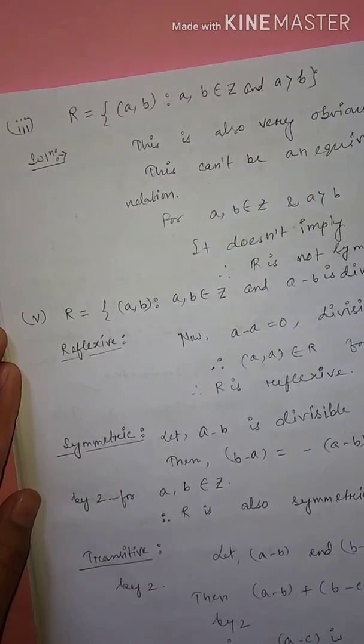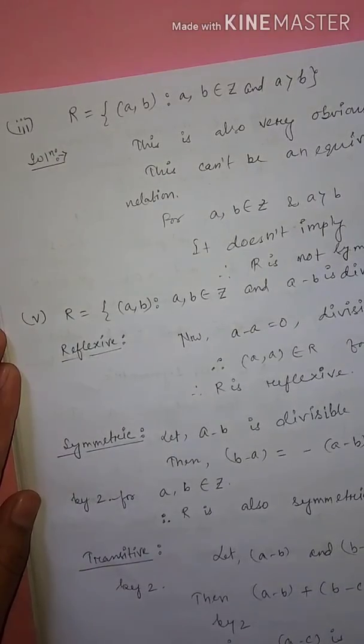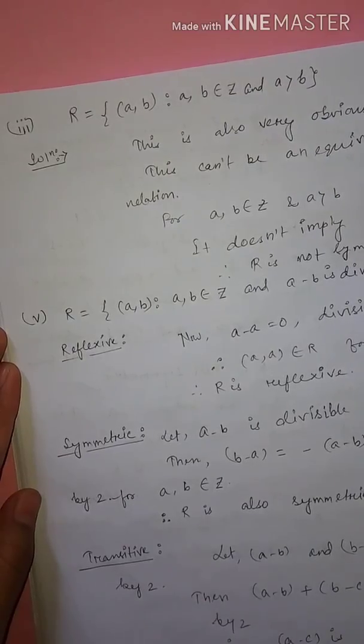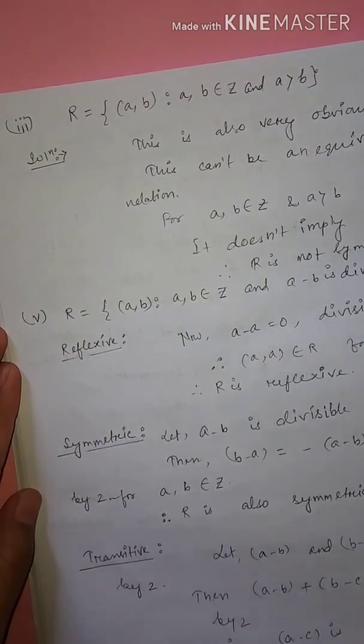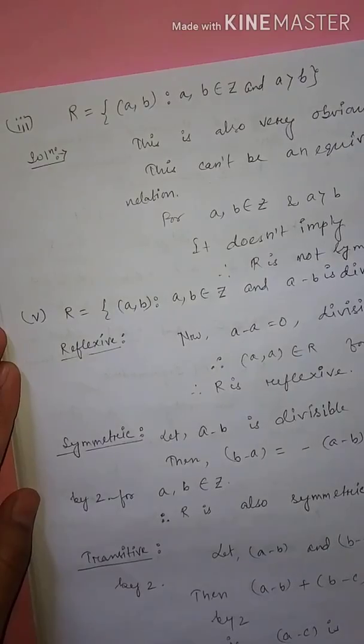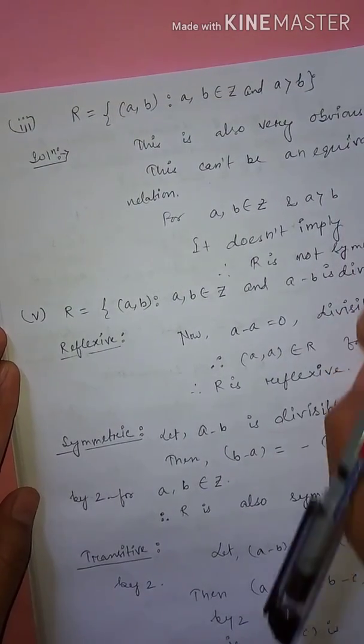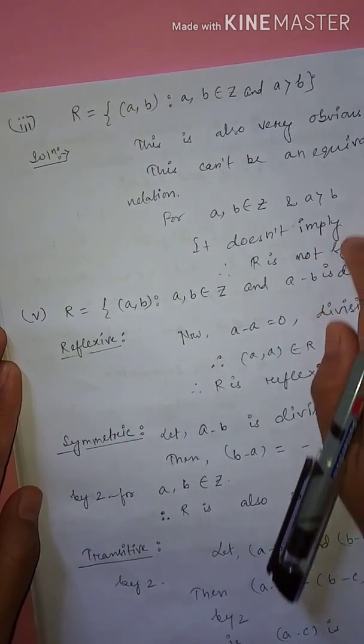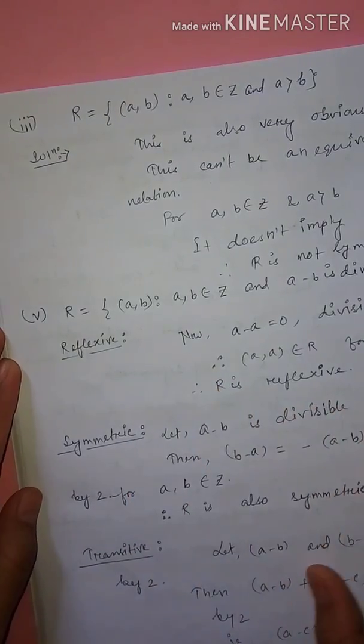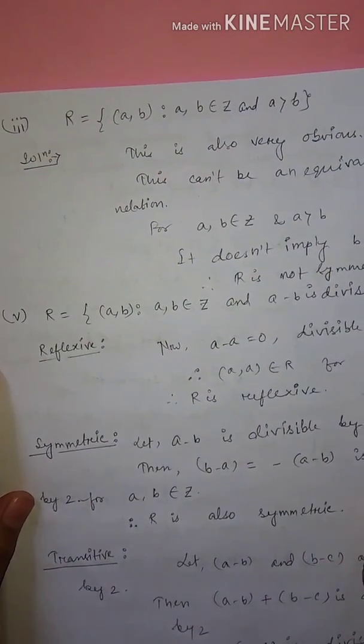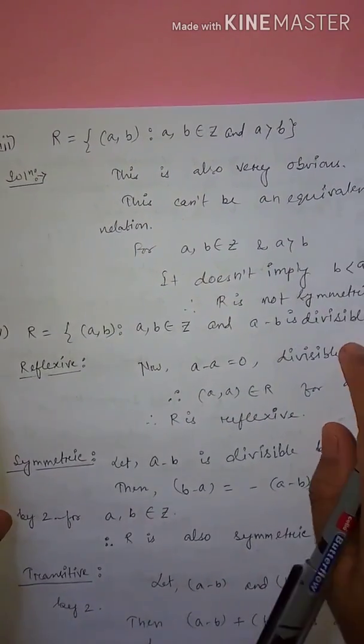Number 3, R equal to ordered pair AB such that AB belongs to Z and A greater than B. Now we have to examine whether this R is an equivalence relation or not. So this is also very obvious. I think you can solve this very easily. Now the solution is